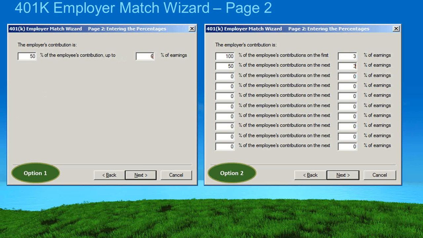If you use the other one, where you're using a percent of earnings, you can build a tier where you're saying, in this case, 100% of the employee's contributions up to 3% of earnings. So the system will do math, determine what 3% of earnings is. Earnings is either gross or the code group 4KEE you've defined, and then it will continue down. So you can do a number of tiers here. Typically, you'll see 2, 3. I've seen 5 and 6, but 2 to 3 is typically the amount you'll deal with if there's tiered logic.